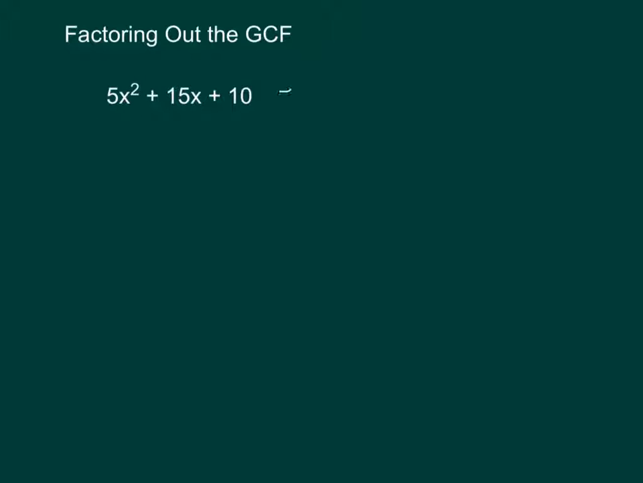I'm going to take the 5 out by using a reverse distributive property. So that trinomial will equal 5 times something. Well, 5 times something was 5x squared. That something has to be x squared. 5 times something is 15x. That must have been a positive 3x. 5 times something is 10. That's a positive 2. And now I have that my original trinomial is equal to 5 times a trinomial that